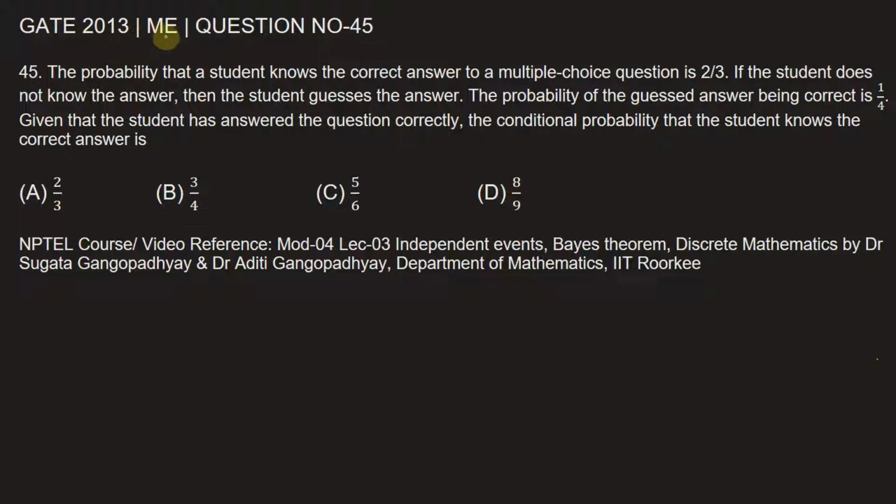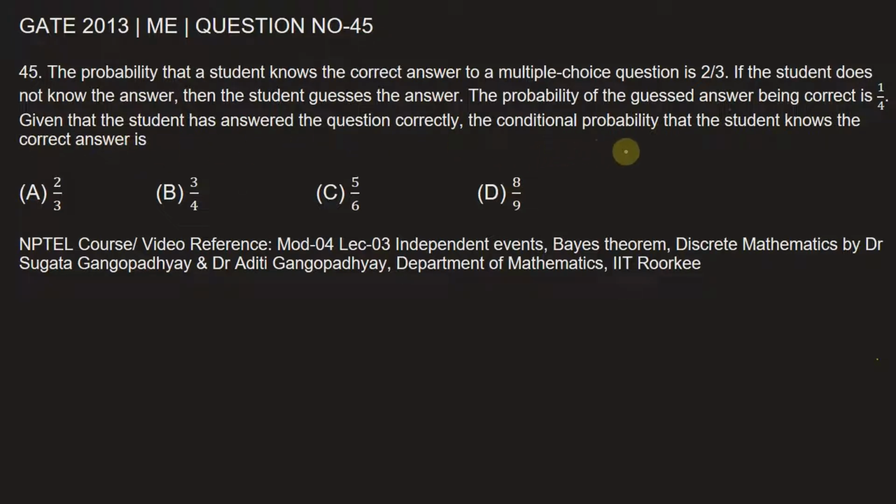This question is from GATE, Mechanical Engineering of 2013. This is question number 45. The question is, the probability that a student knows the correct answer to a multiple choice question is 2 by 3. If the student does not know the answer, then the student guesses the answer. The probability of guessed answer being correct is 1 by 4. Given that the student has answered the question correctly, the conditional probability that the student knows the correct answer is,